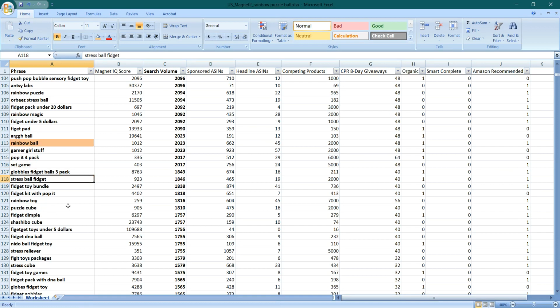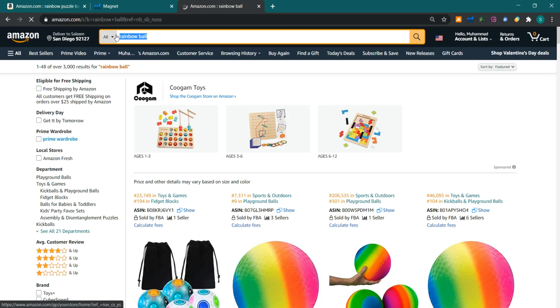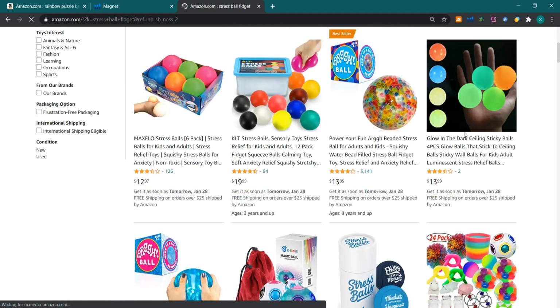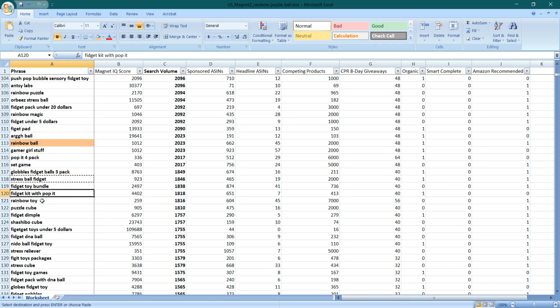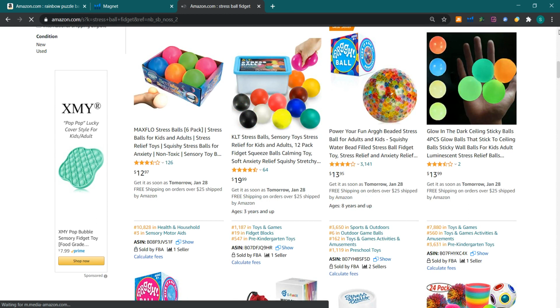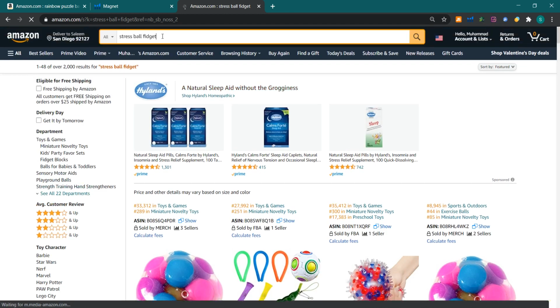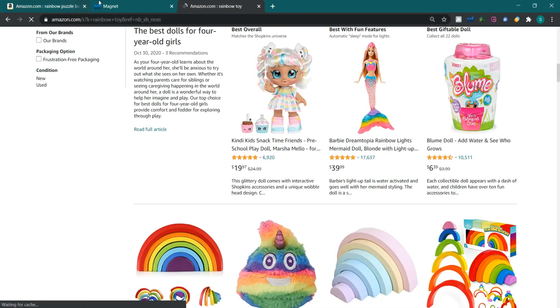Okay, extra small fidget. Now it is an irrelevant keyword for us. No, this is not the product which we are looking for.